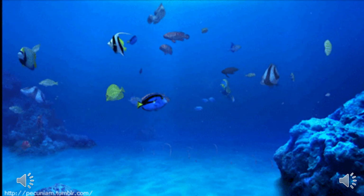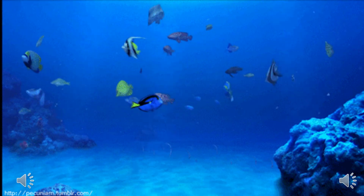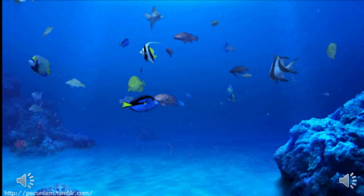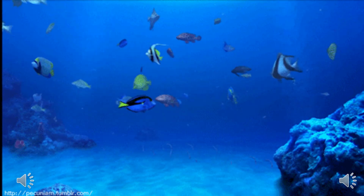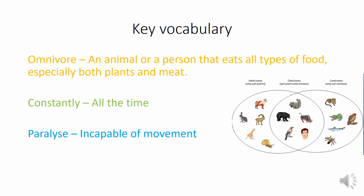This week we're going underwater to find out about some amazing ocean and sea creatures. So hold your nose, take a deep breath, under we go. So today we're going to be looking at our orange word, which is omnivore, and on the